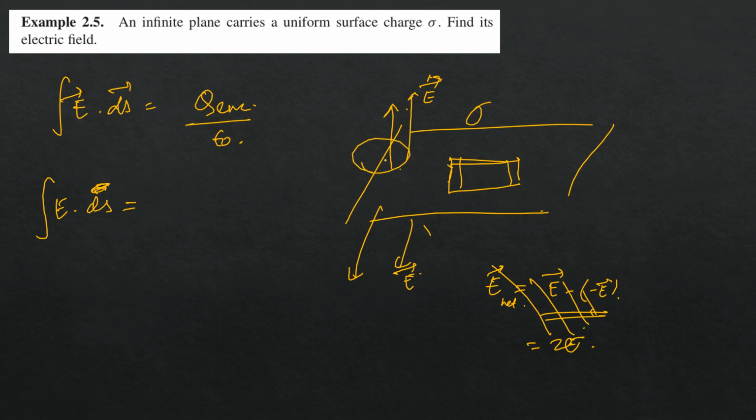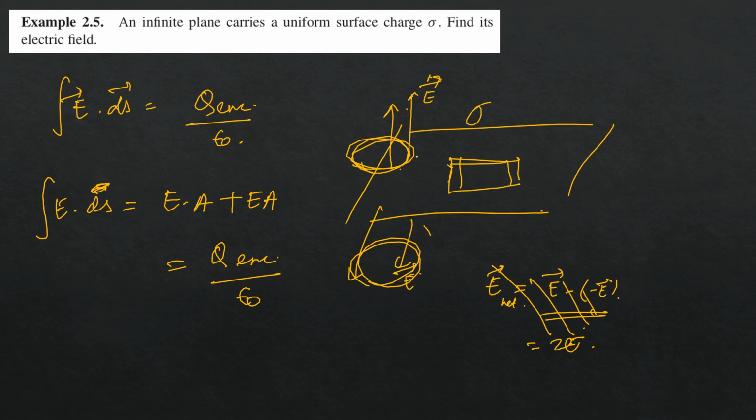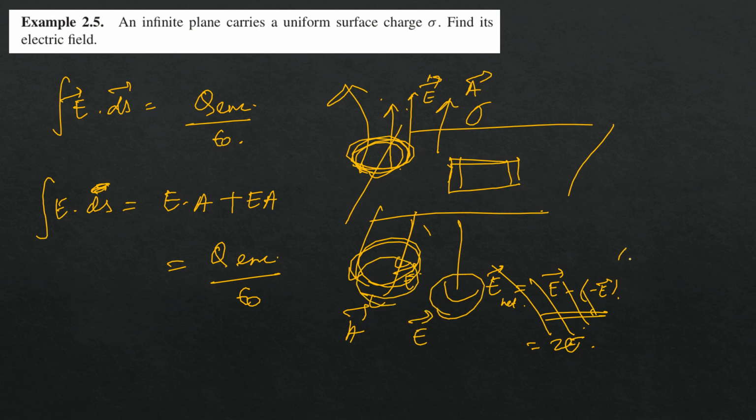So for the upper surface, E into A. For the lower surface also, plus E into A. Yeah, that's alright. Let's go to Q enclosed by epsilon naught. For the upper surface the field is going away, for the lower surface also going away. Upper surface area vector is away, lower surface area vector is away. So you can see these are in the same direction. So this is EA cos theta, that is EA. So EA plus EA I'm writing. This is 2EA